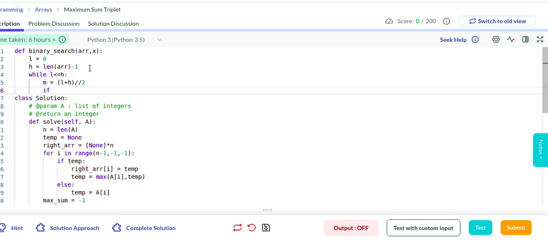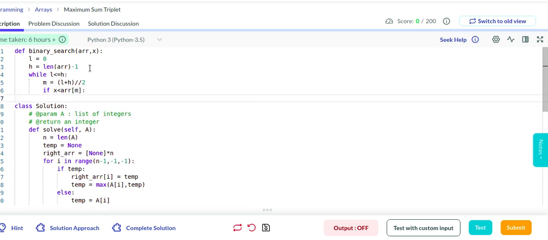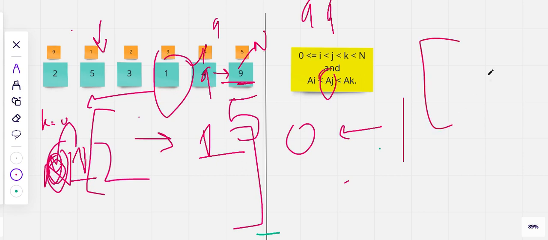And if x is lesser than array of mid, then where do we have to search? If x is less than the mid, we search on the left side, right?